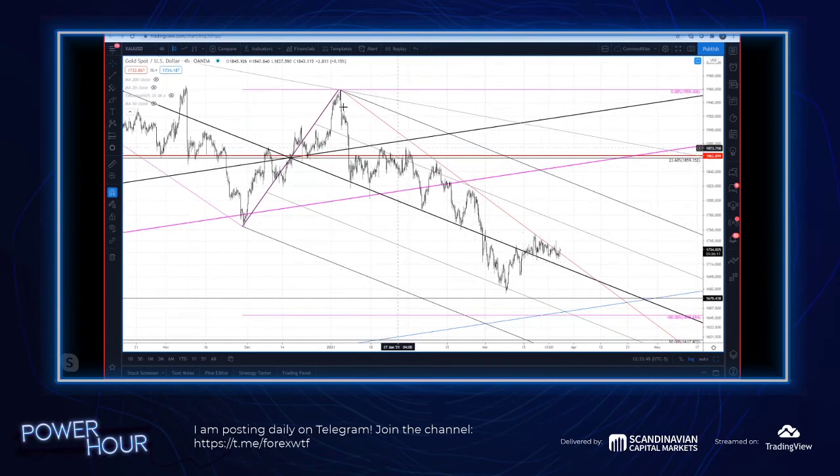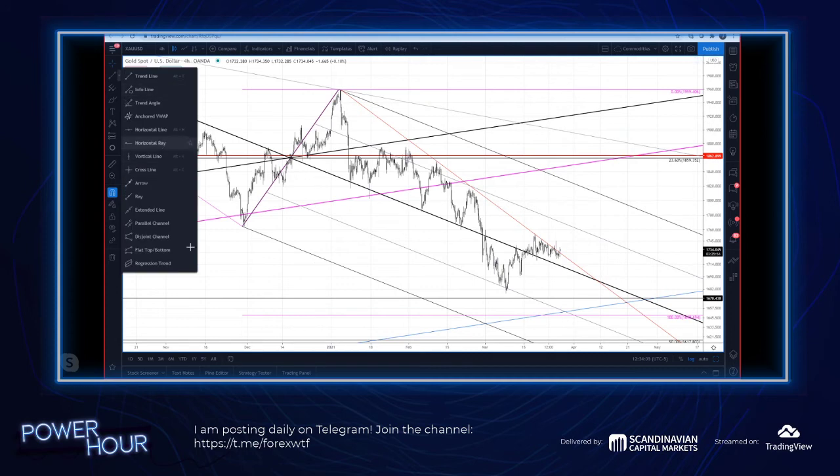Trend line. This is the 2021 trend line, and we are trying to break above. We've been testing that level for a week and 2 days actually, and we are trying to break above it. If you do, you're not out of the woods necessarily. You've got the former low over here,